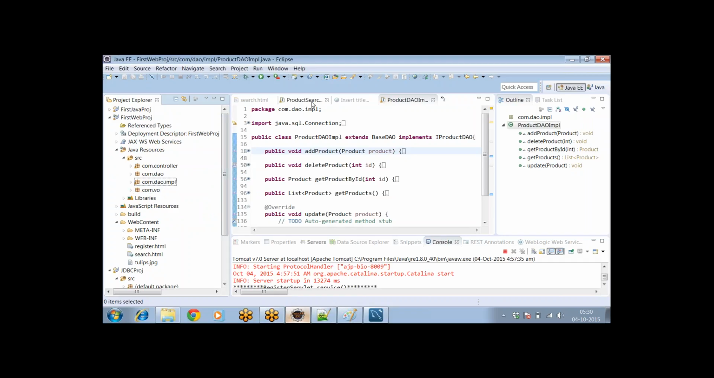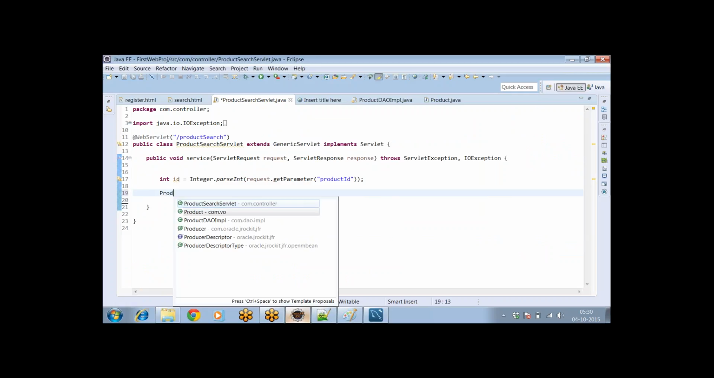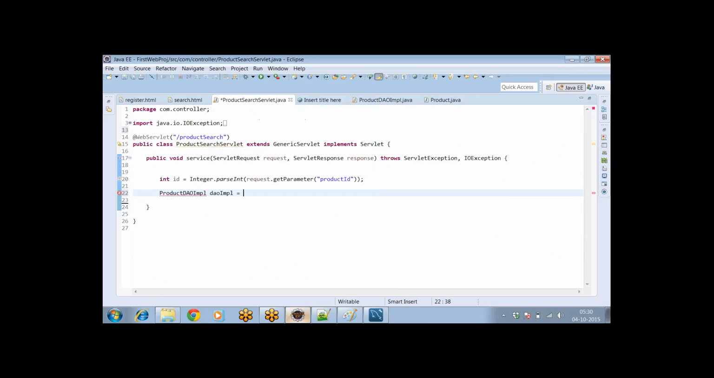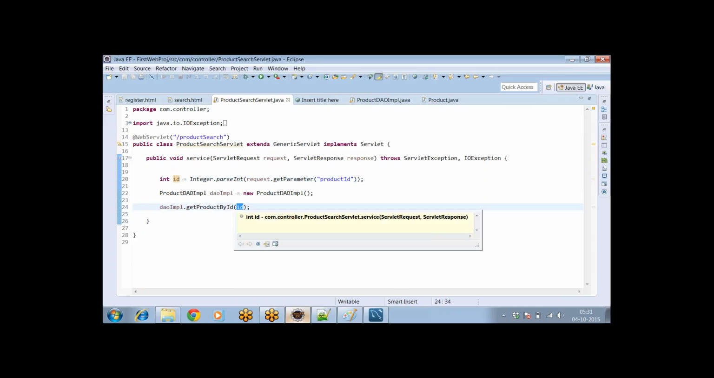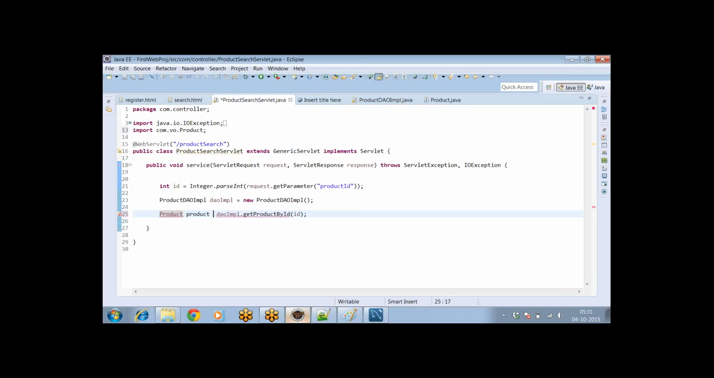So in the product search servlet now, I'll do this. I'll instantiate that DAO class, and we'll call that method getProductByID, and that ID will be passed here. You see that product ID which the servlet is reading, it will pass it to this DAO method getProductByID. So what this method does, it returns a product object now straight away which holds the product